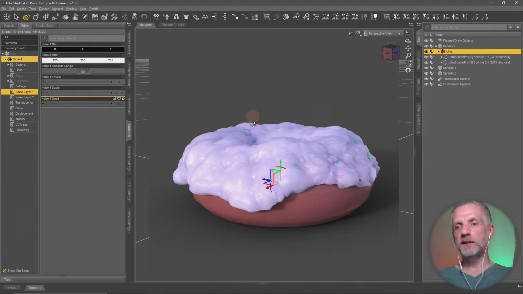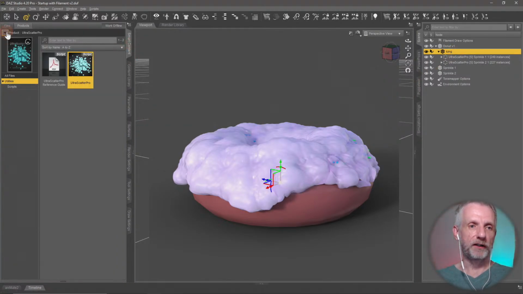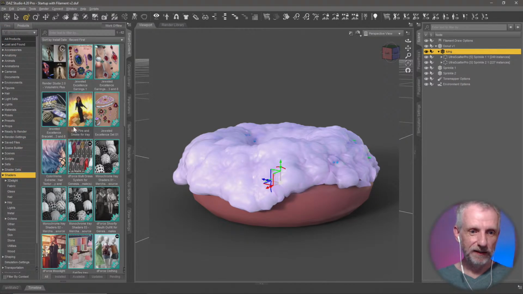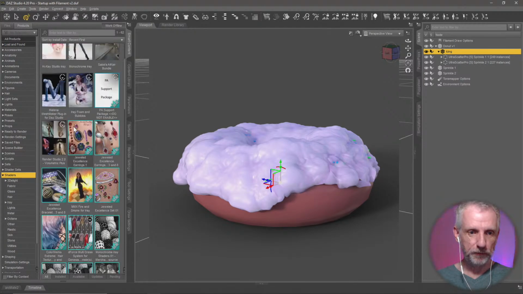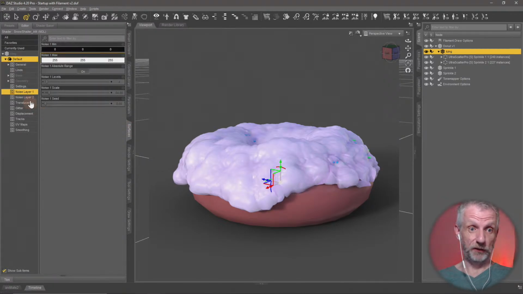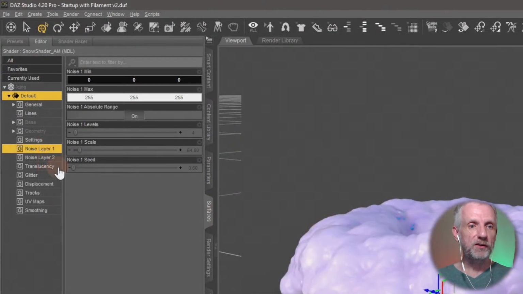So under the surfaces tab with my icing selected, this is the snow shader that comes with Materia as well. If you want to know where that is, it's under shaders, as you had expected, and somewhere in here. Oh, it's in the shader palette. There we go. This is that snow shader. If you want to use it for something else, go ahead and do that. It's a very clever shader. The cleverness is really that it has these 2 noise channels in here, and they are not in the regular